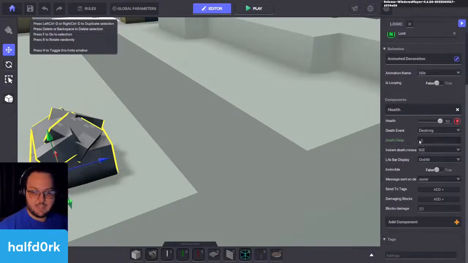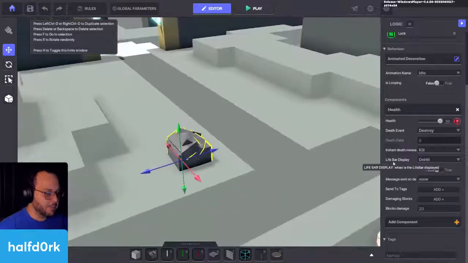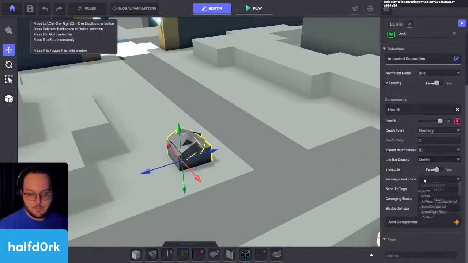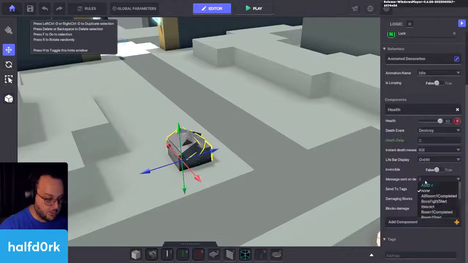we're going to give it a negative delay, so it's instant. If you didn't know, when you have a health component, if there is a 0-second delay, it has a brief hesitation where it kind of blinks red. So we'll test it, and I'll show you. We'll keep the health bar, so we can watch the health be depleted, but we're going to send a message. So we'll do